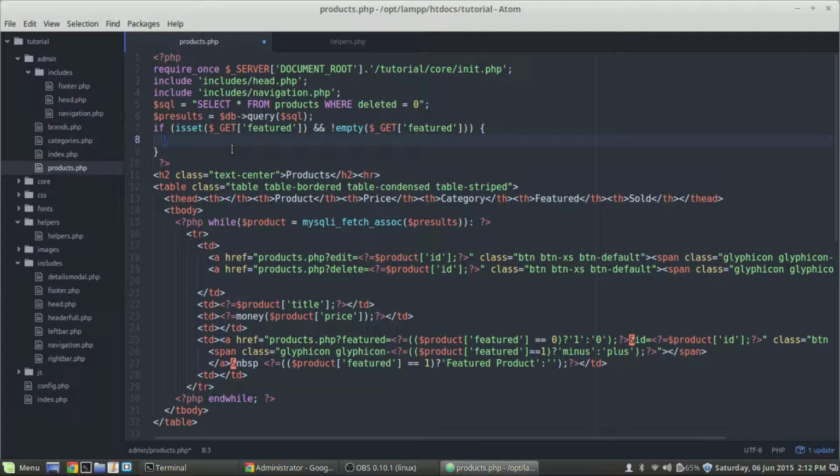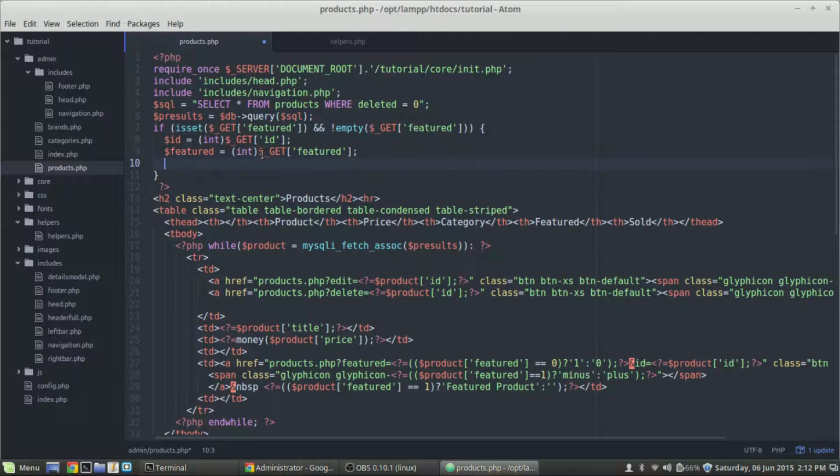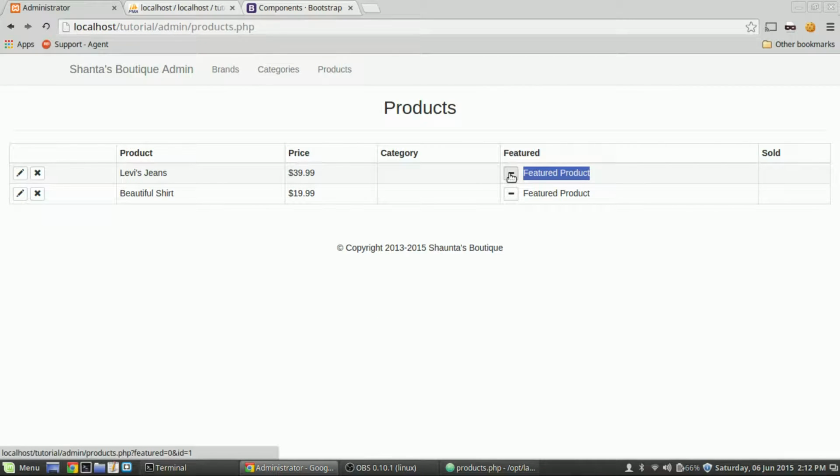and put it at the top of the page here, what we want to do is we're going to get the ID. Okay, so what we're going to do is ID is equal to, and we're going to cast it to an int. So for a little bit of security, we're going to say $_GET ID, because we have that passed through our link, and then featured is also going to be an integer, and that's $_GET featured. Okay, so that'll be what is determined by the link. If I hover over here, see,